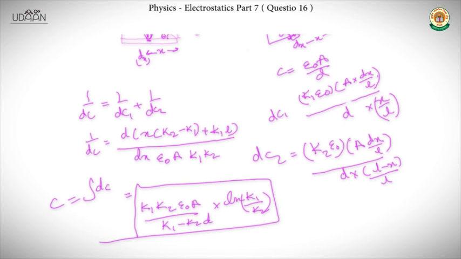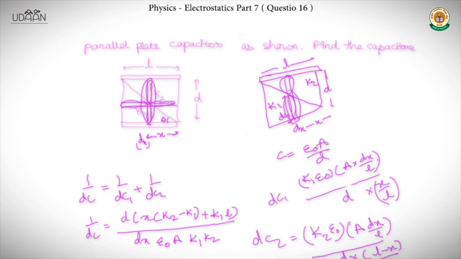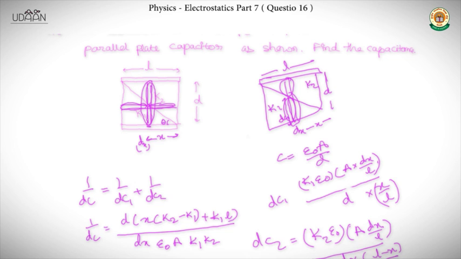So you have to be careful in this kind of question. The only thing that is important is this first step, that is writing the first element. For example, if you are able to write the capacitance for that dx strip, then you can find the total capacitance. So you have to be careful step by step, but always be careful in considering the element.